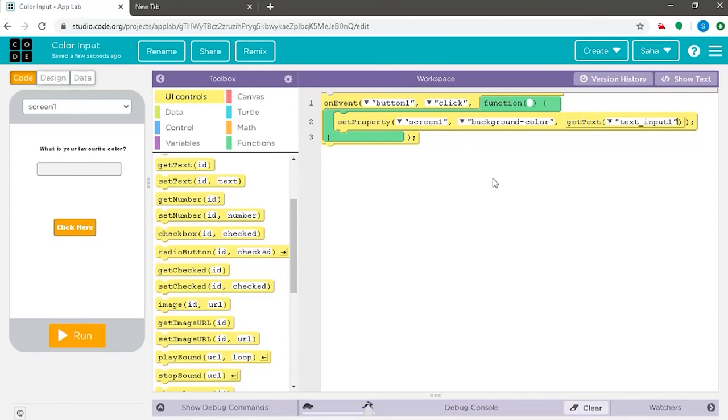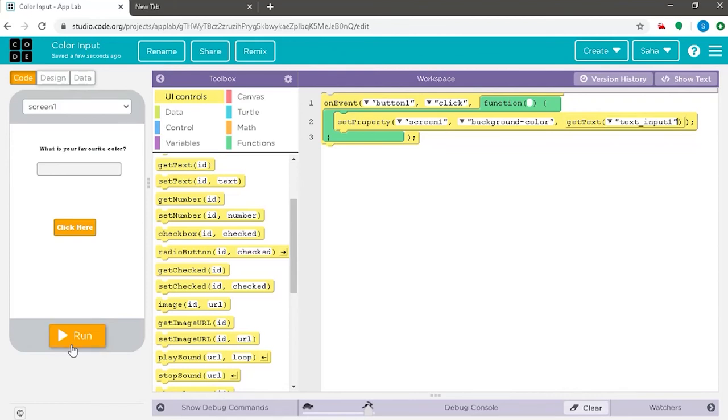So now shall we try our code? Alright, how do we try our code? Yes, it's exactly the same way. Firstly, we'll compile our code using the run button on the visualizing section and then enter our text.